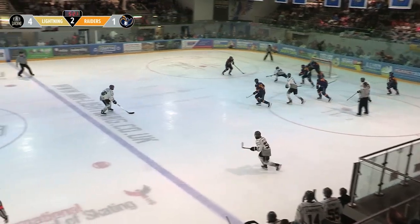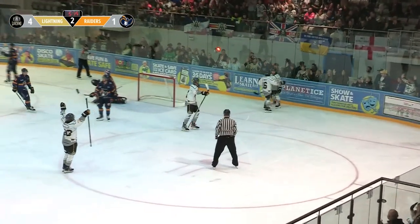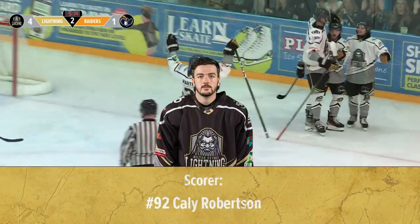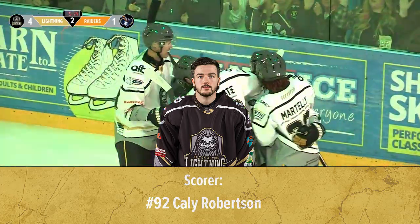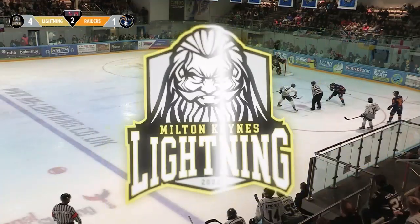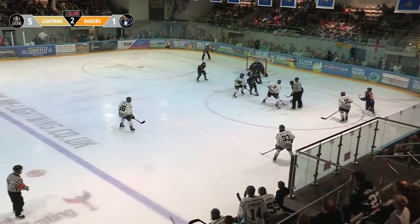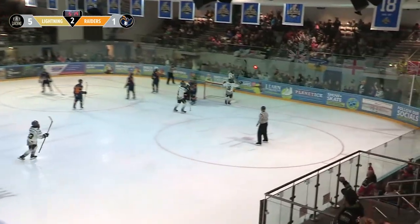A good face-off win there from Power, but Caddy Robertson wins the puck back and scores! Great determination from Caddy Robertson. He was through one-on-one with Winterbank and just fires it past the Raiders goalie for 5-1. It came straight from that face-off win, miscontrolled, and Robertson was quickest to react and fires it past